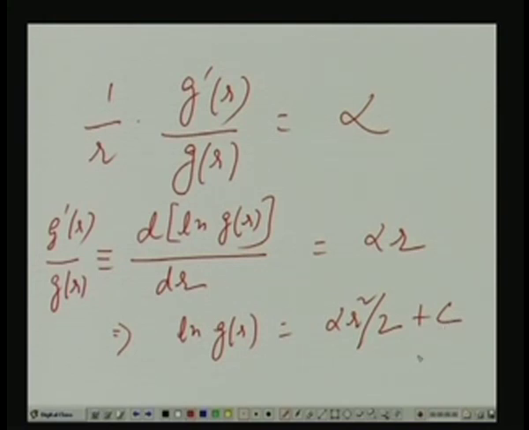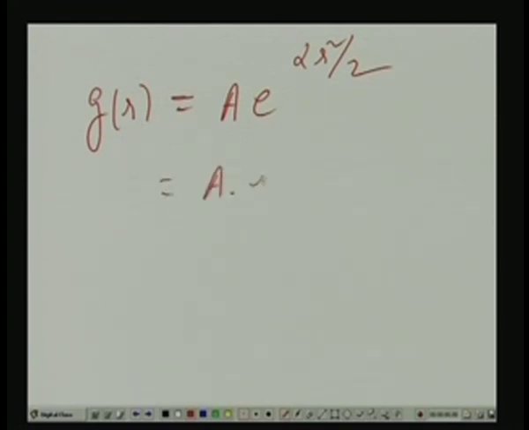You can call that constant capital A, which means g r is nothing but some constant A times e to the power alpha r square by 2. And we know r square is x square plus y square. So, it is nothing but A times e to the power